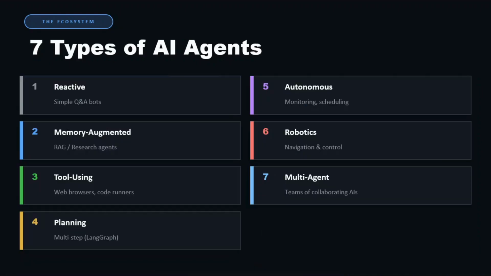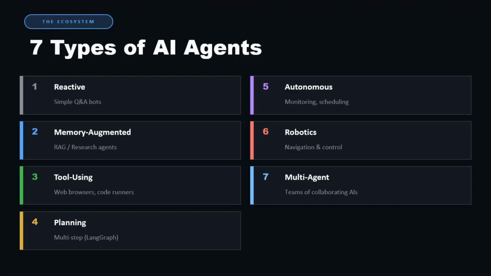AI agents come in many forms. Here are 7 broad categories. Reactive agents, which are simple question and answer systems. Memory augmented agents like RAG and research agents. Tool using agents, which can browse the web or run code.